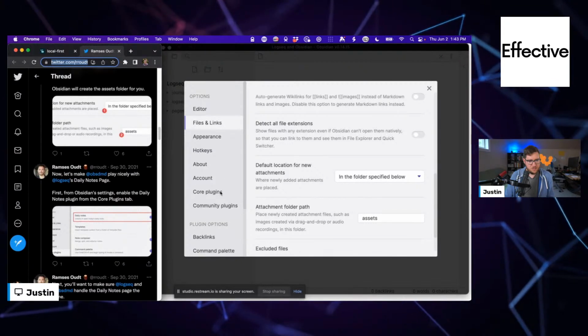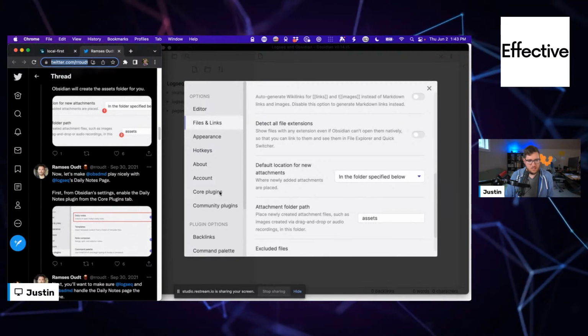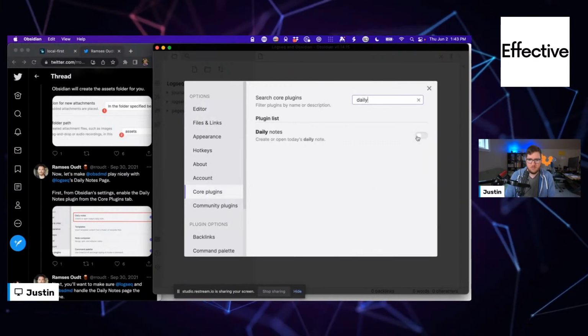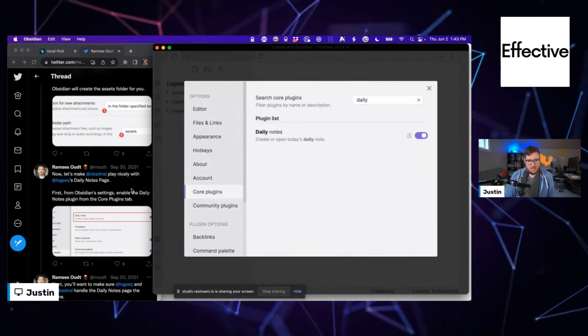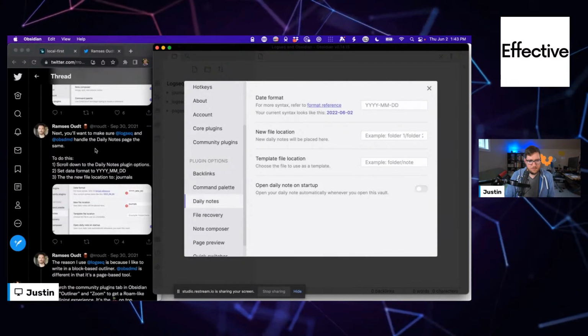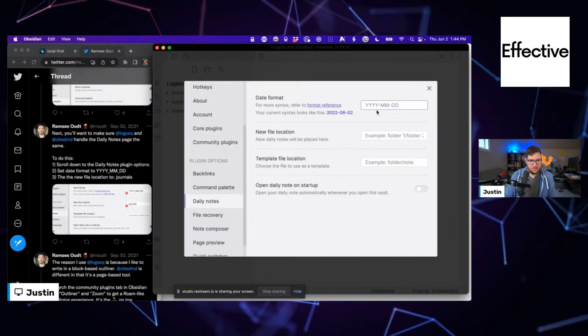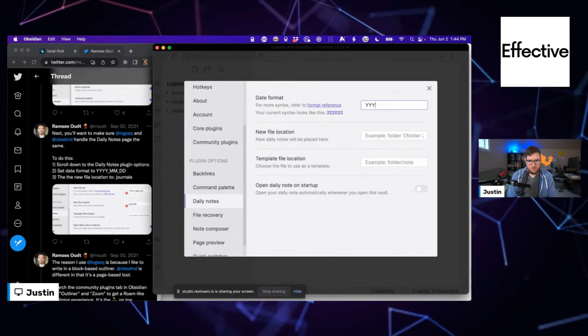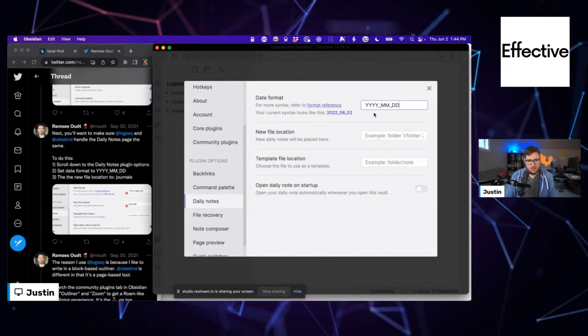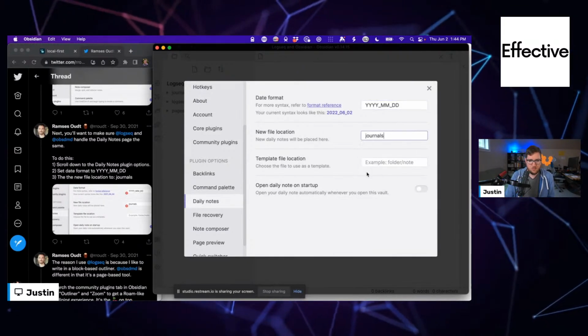Daily notes pages. So I've got to turn on the daily notes plugin. Then in the daily notes settings, okay, Journals.